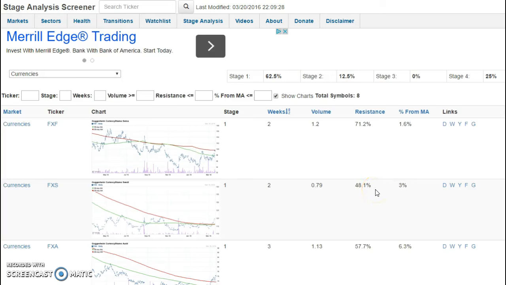One of the biggest events in the markets last week was the transition of the US dollar into stage 4, which is a bear market in stage analysis. If you go to my stage analysis screening tool at